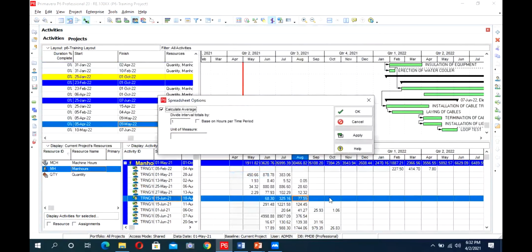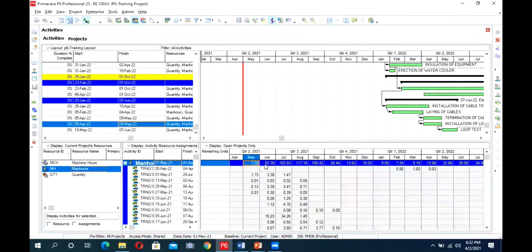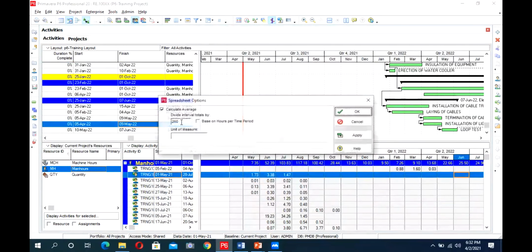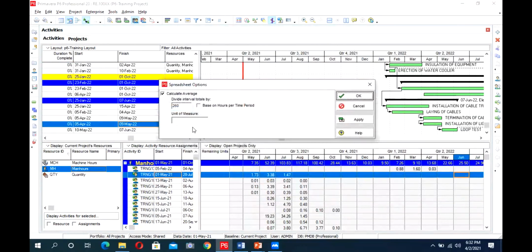First, this is showing in the form of man hours. So I just say that I want to see how many persons I will have in 1 month. So I divide it by 260. So this will be my manpower every month. In May I will need 7.35, June this one. So I can apply some options from this user preference and spreadsheet options. If I just want to see the man hours, I can divide them by 2. If I want to see manpower, I can divide them by 260 and I can see the manpower.